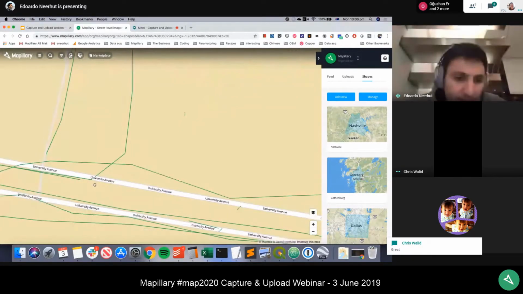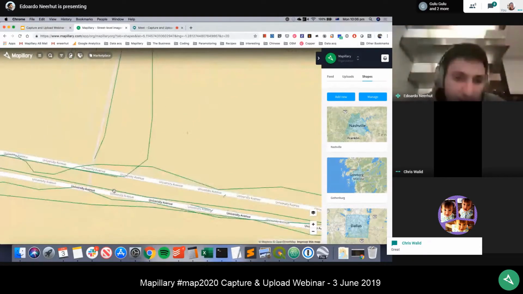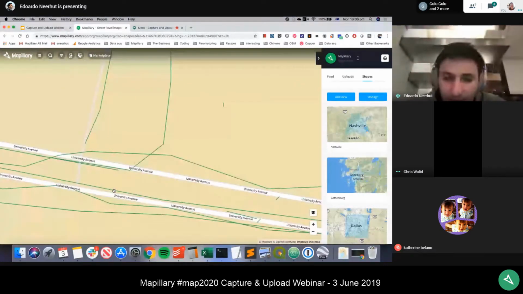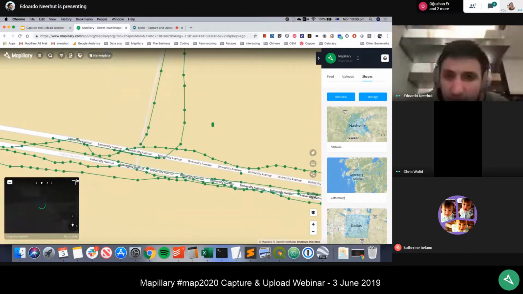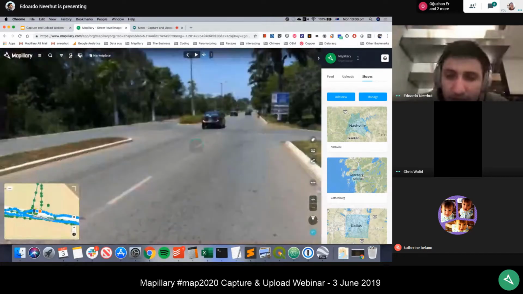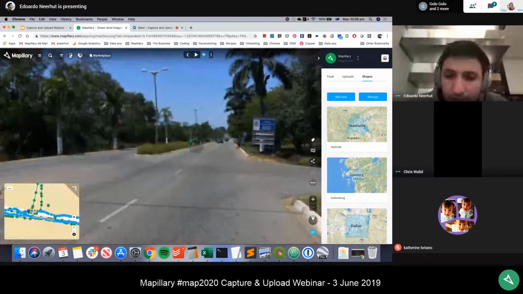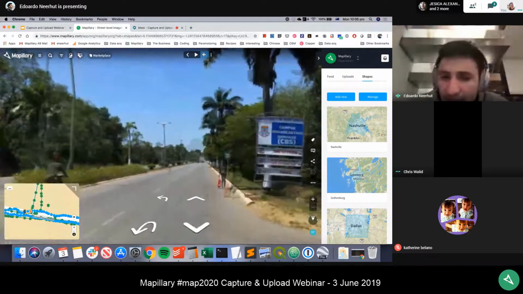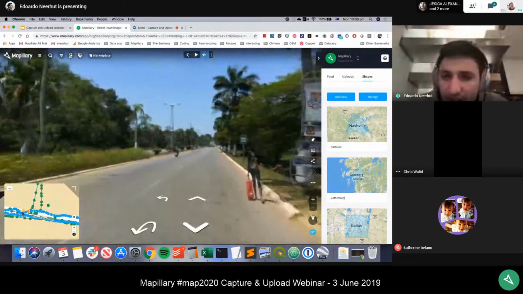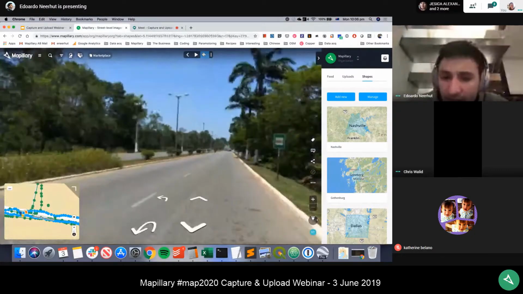And so we can zoom in on an image, and once it loads, we'll be able to select it and see whether it's any good for map editing. For example, this one, it's probably taken on foot, I'm guessing. Yep, looks like it's taken on foot. So you can see the camera. I mean, this is not a bad sequence, but you can see the camera's moving around quite a bit. The steadier you keep your hands, the better.